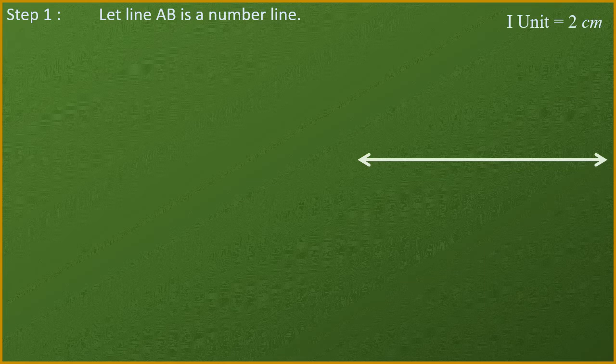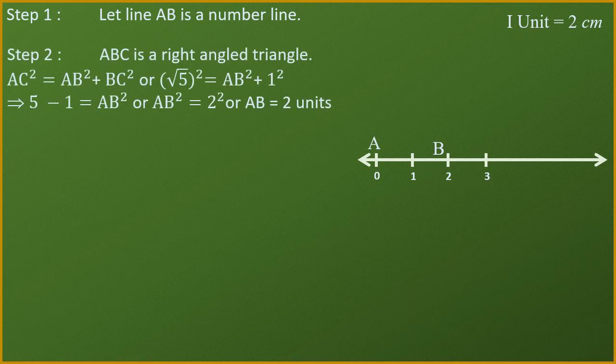Okay, now we shall mark the points. So here I have marked 0, 1, 2, 3. Remember, between 0 to 1, 1 to 2 and 2 to 3, you have to take a gap of 2 centimeter. Okay, why are we taking this gap? Because the figure will look more convenient by taking such a gap. And 0 and 2 I marked as points A and B. Okay, now further we'll do some calculations.